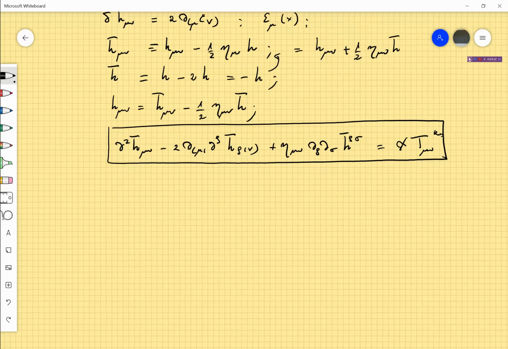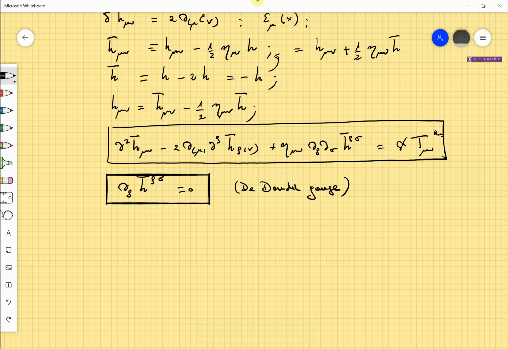And then we imposed a gauge condition. We said that you could always impose this gauge. This was the de Donder gauge, and then you see that with this gauge, this term just vanishes, this term vanishes, and in this gauge you just get h bar mu nu equal to kappa T mu nu Rosenfeld. And in vacuum,